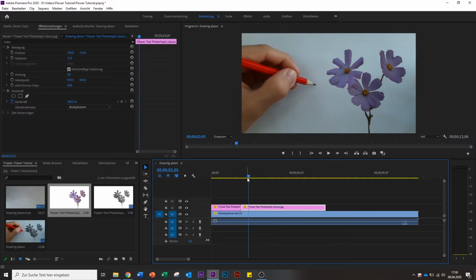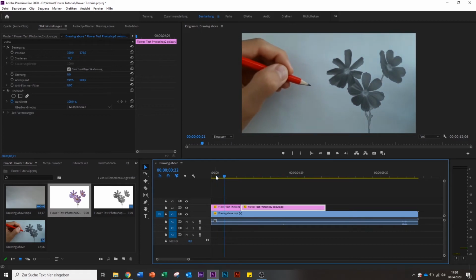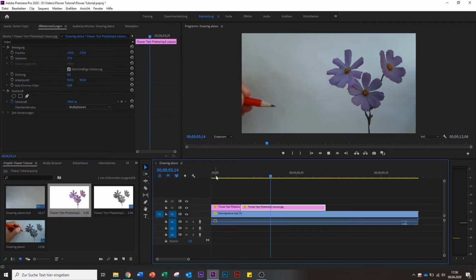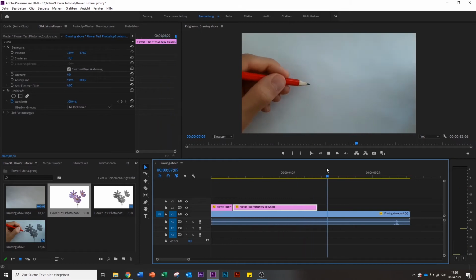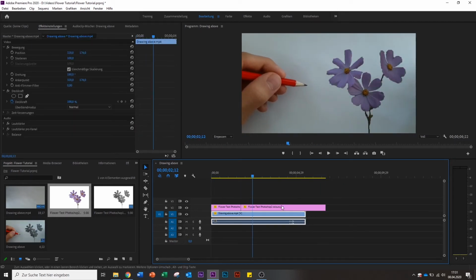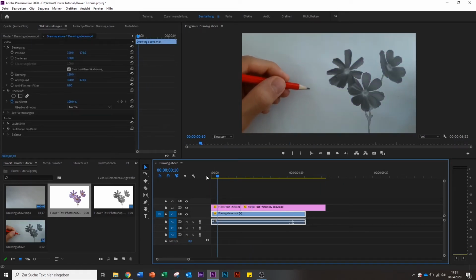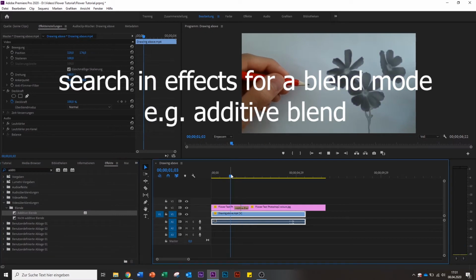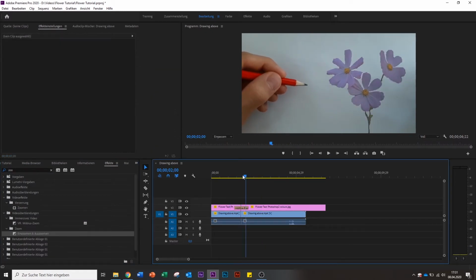And for sure you have to keep in mind that the stuff that you filmed adds up with the pictures. So as you can see here, it doesn't really add up. So I have to change it a bit. Now it looks not that bad, I think. Additive blend would be good. Then after you have added the blend mode,